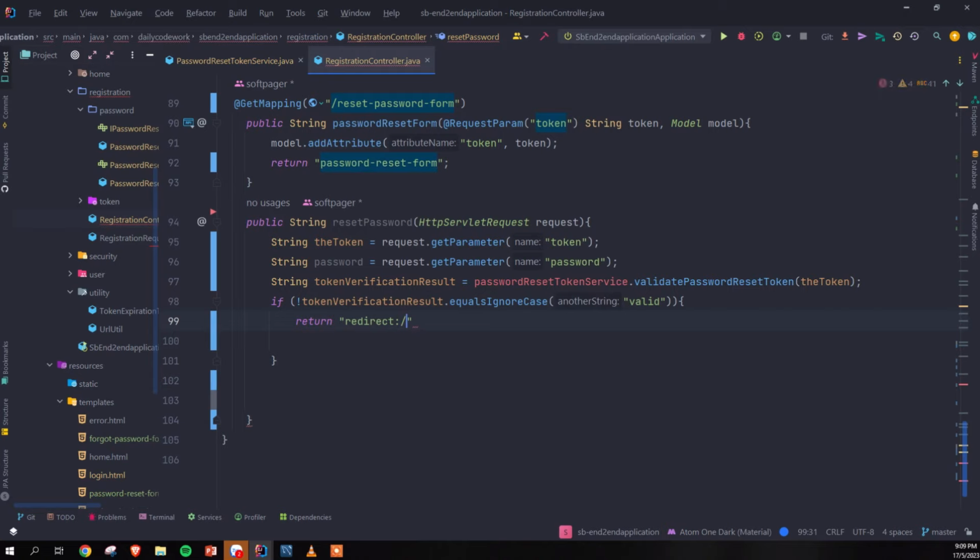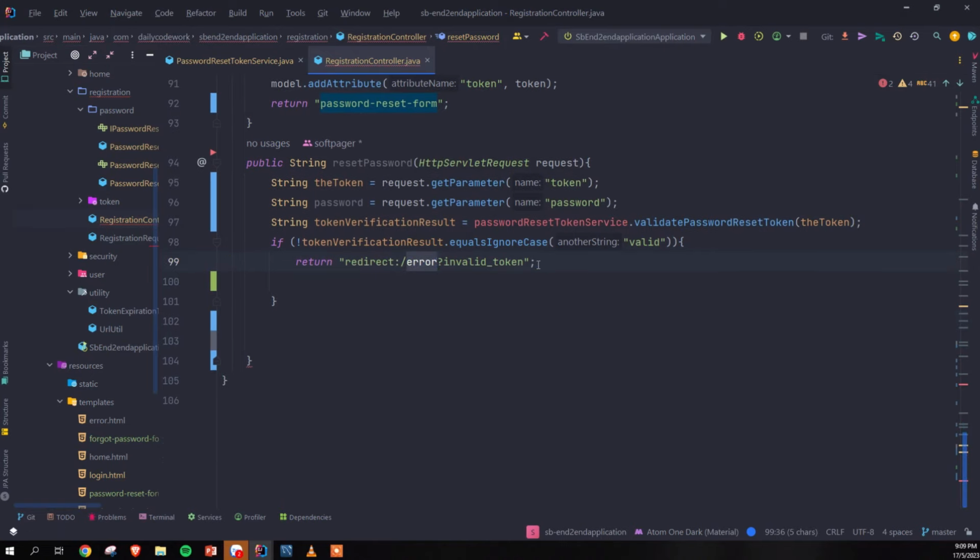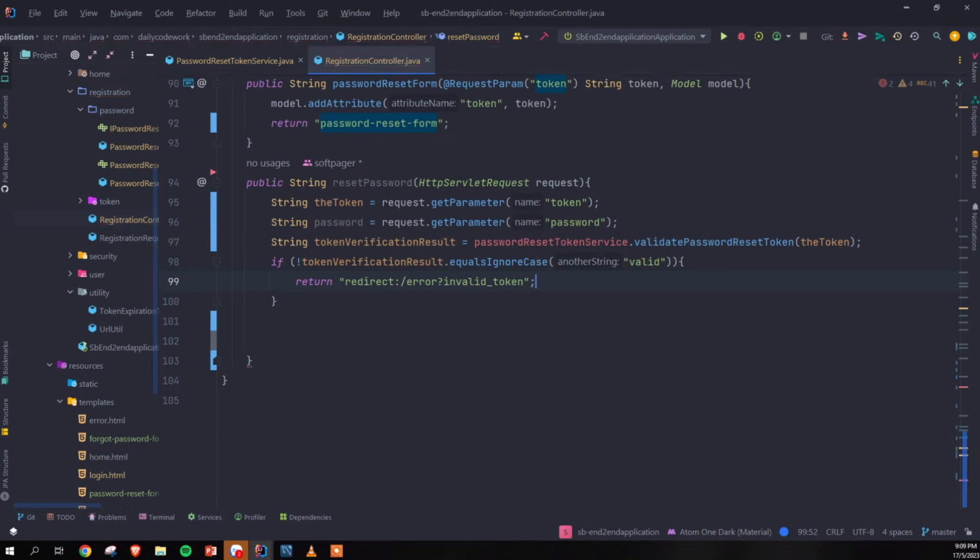So we're going to redirect the user to a page called error. We're going to create this page later, right? Error, and we're going to have a parameter, a kind of invalid. We're going to call this parameter invalid token. So we're going to grab this parameter later and set a message in this view. We've not created this form, right? Now, if that is not the case,